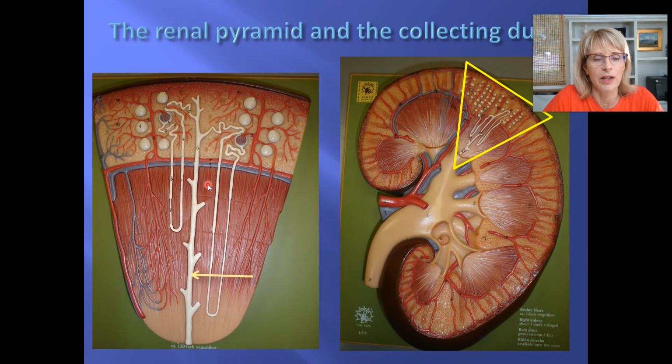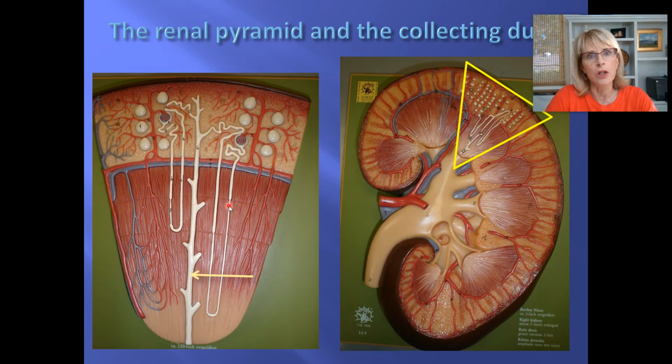It gets hypertonic. That means it kind of gets saltier and saltier and saltier as you go down here towards the renal papilla. The kidney is at its saltiest right here at the beginning of the papilla. How did that happen? How did this area called the renal pyramid get to be hypertonic, and why do we want it that way? Well, it got to be hypertonic because of the action of this guy, the nephron loop,